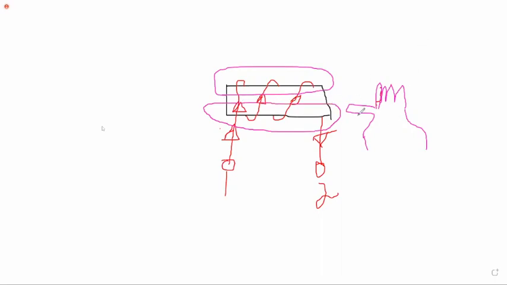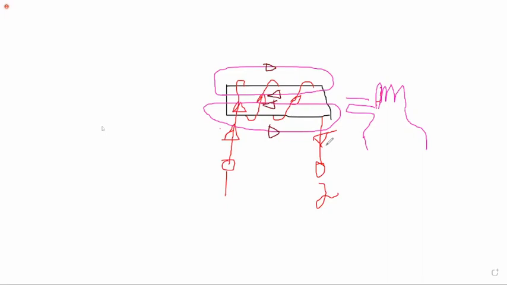Now see, the thumb is showing the direction of the magnetic field. My thumb direction is in this manner. So within the magnet, my field direction is like this, according to the direction of the thumb. And outside the solenoid, it is like this, because magnetic field lines form a closed loop like this. So according to the property, then assign the poles.